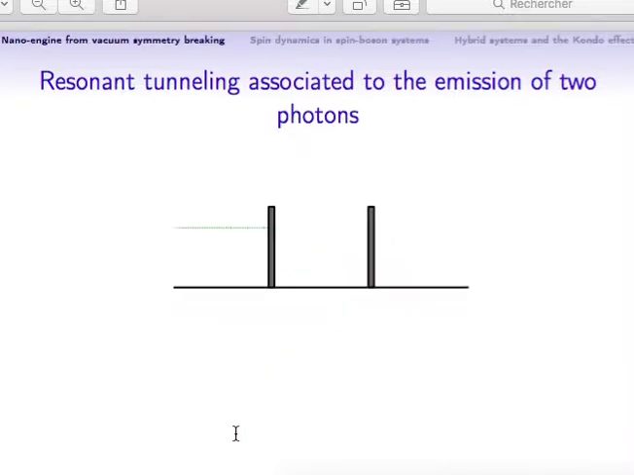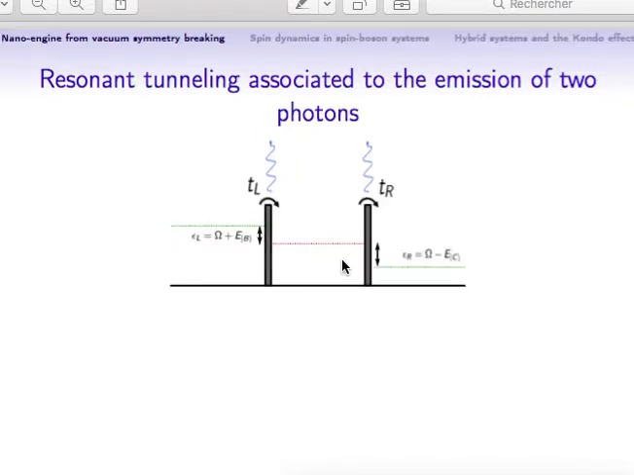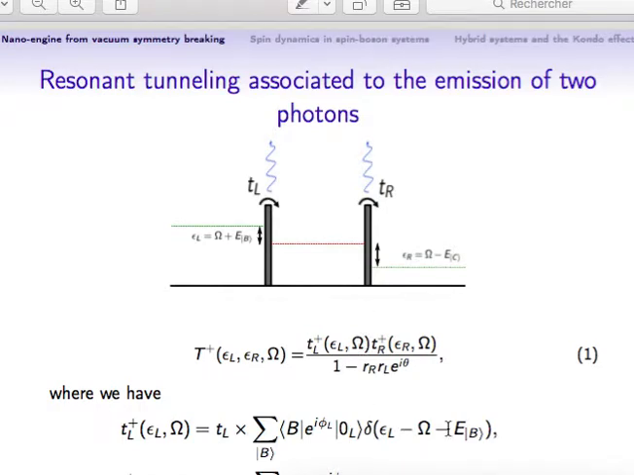Now we consider the same process, with now the probability to emit photons during the tunneling events. Epsilon L is the energy of the incoming electron, which can tunnel in the middle region and emit simultaneously a photon of energy EB. When it exits, similarly, it can emit a photon of energy EC in the right environment. Here is the resulting amplitude